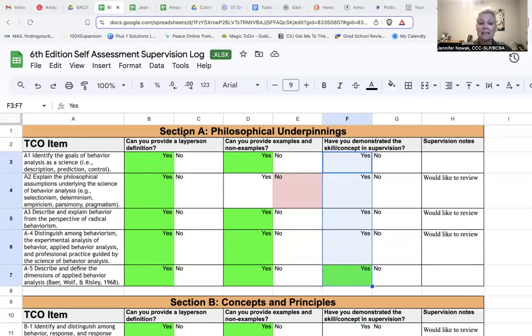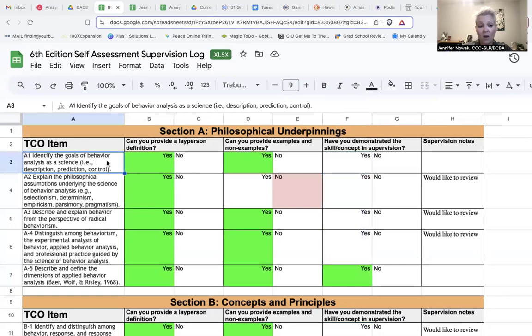So again, the idea is that if you've already completed all of your university coursework, you should come in here and take a look at the item. If you're not sure what it is or what it really means, the answer is probably no. It would be great to maybe go look it up in your Cooper book. Or,